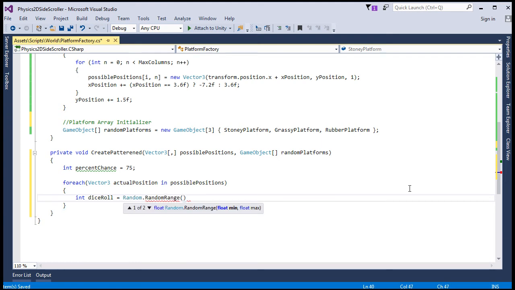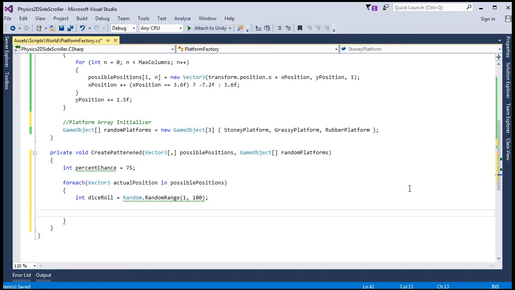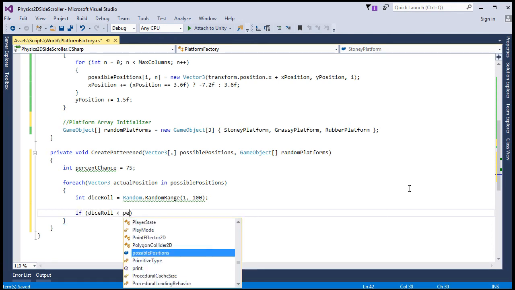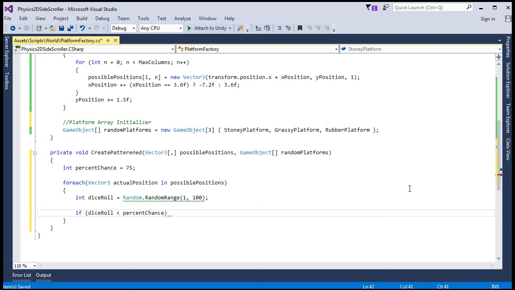This will give us basically a percentage chance. So we'll say out of 1 to 100, we'll roll the dice, 100-sided dice, I guess you could say. And if dice roll is less than percent chance, so if it's less than 75 at this iteration point,